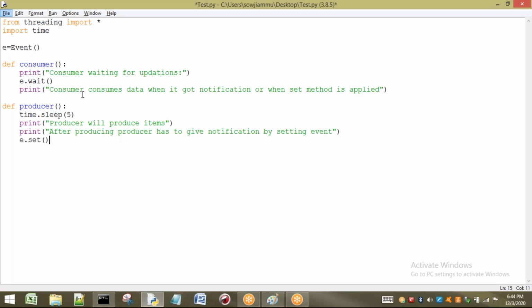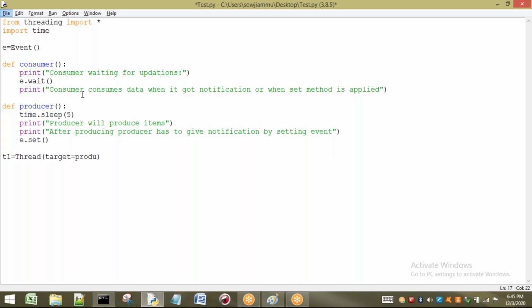Now I'm going to create 2 threads. Don't worry about this scenario. After this, I'm going to write a program for this one, and clearly data is going to be produced and consumed. I will show you. Now I write T1 equal to thread, with target as producer.